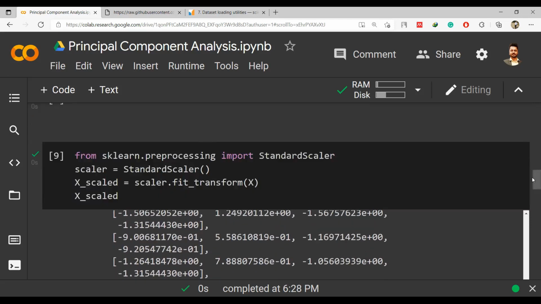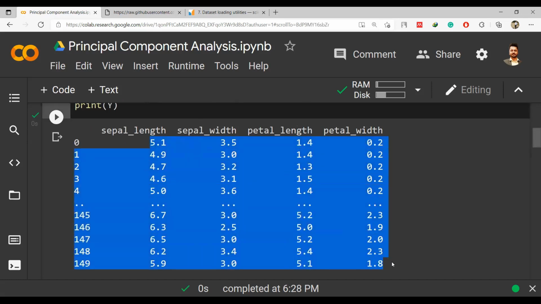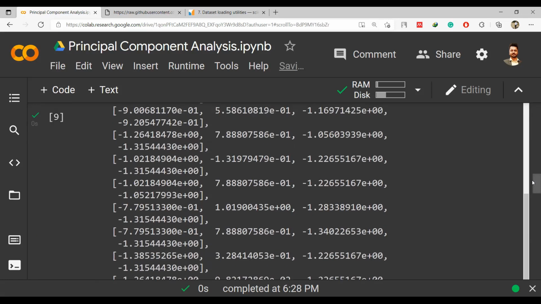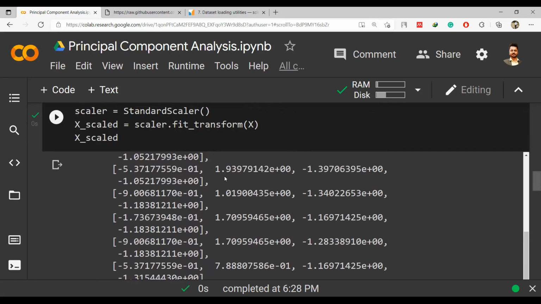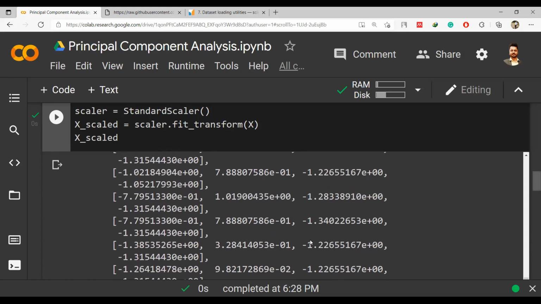Original numbers were looking like this. So this was my original number. This is x. All the numbers are positive numbers, as the length and width are positive numbers, right? And we have converted that into standard scalar form, and all the numbers are now in this negative to positive range. I hope that you know the meaning of this e minus 1. It means 10 to the power minus 1. If there is some other number, let's say e minus 2, it means this number multiplied by 10 to the power minus 2. So the original data has been changed.